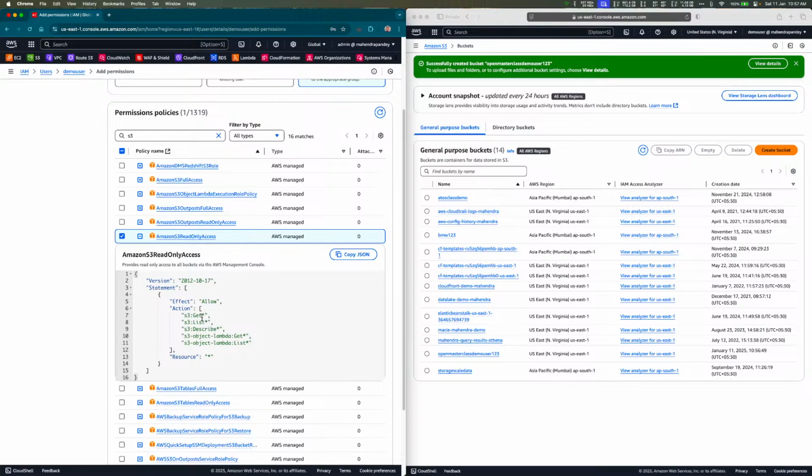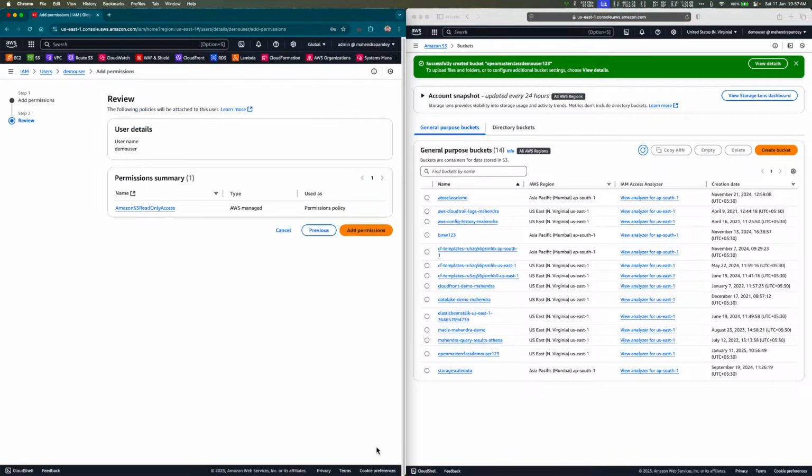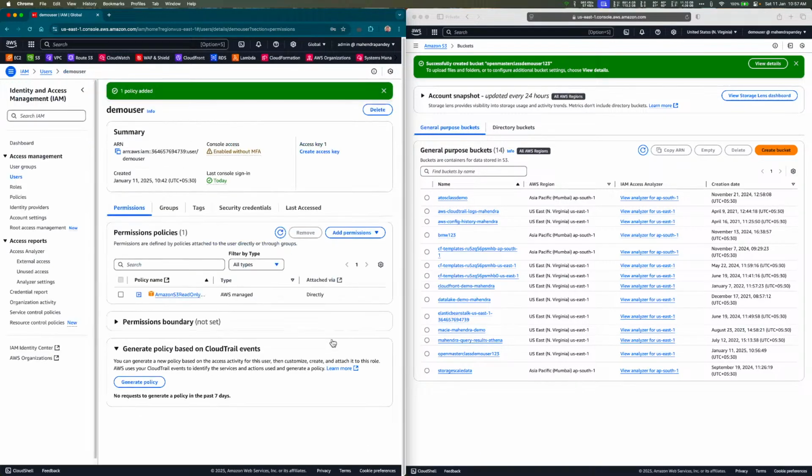These are verbs, right? That defines action. So create or delete, it's not defining those permissions. Click on next, S3 read only, add permission. Now, since this is S3 read only permission,